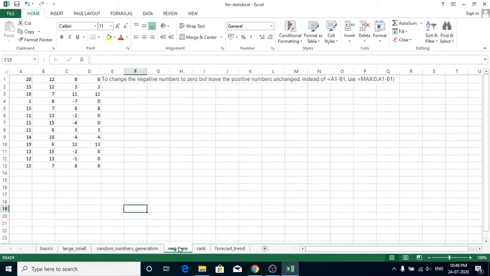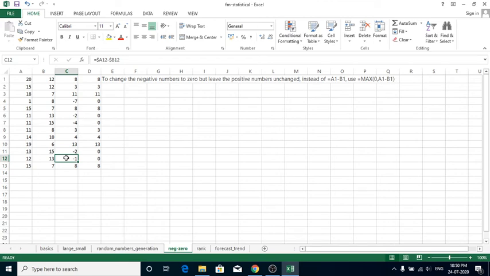Now let's look at converting negative numbers to 0. Before that I will explain this. Here we have A column and B column. This C column is a calculated one, that is $A1 minus $B1, that is this cell minus this cell. As you can see, there are negative numbers in the result also: -7, -2, -4, -2, -1.